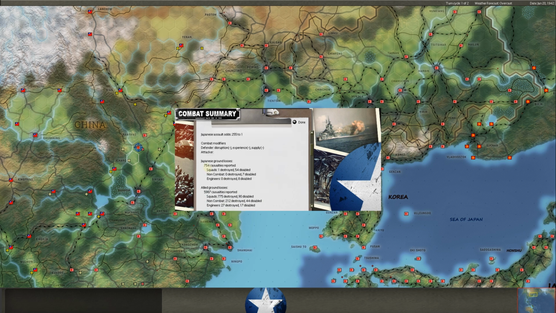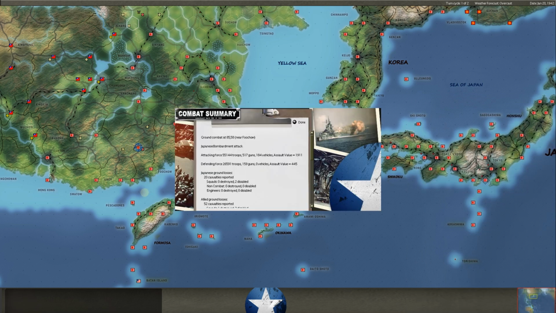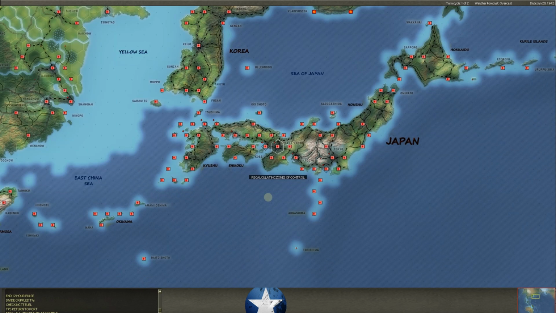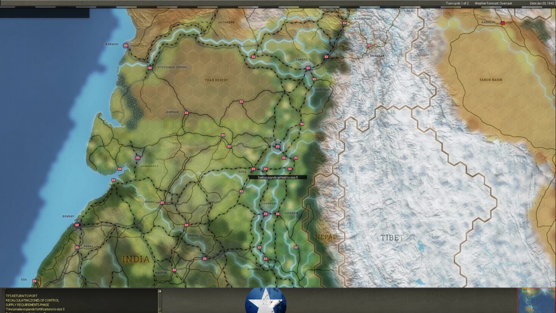I mean, here you see the Japanese took 754. We took almost 6,000 casualties, and that's kind of been the story. Now he's got what I would consider, I don't know if this is a full boss unit, a very strong unit. These guys have been on the move for a long time. Luckily, he was just doing a bombardment attack there. 20 casualties for the Japanese. We took 52. I feel a little fortunate actually that that wasn't a full-on attack